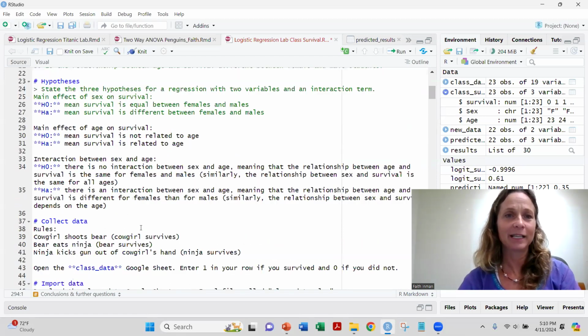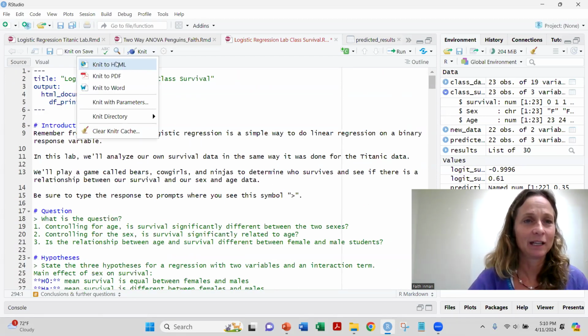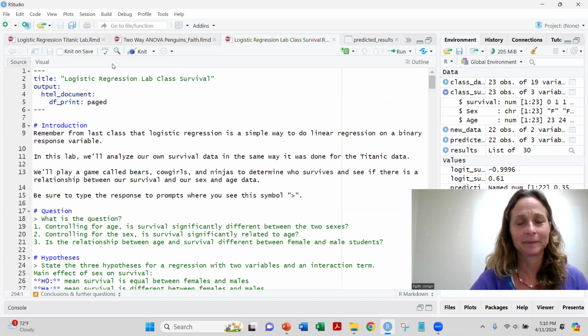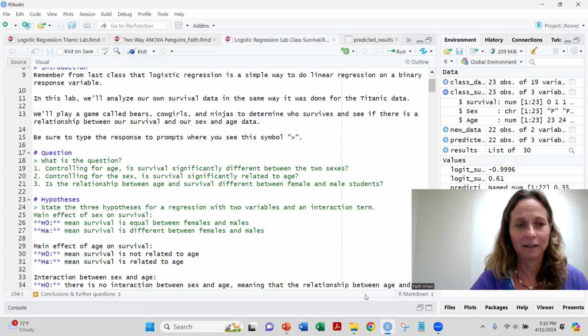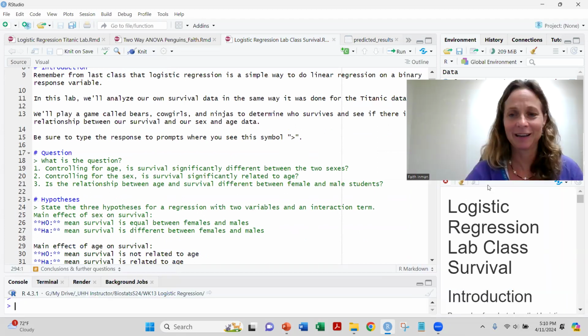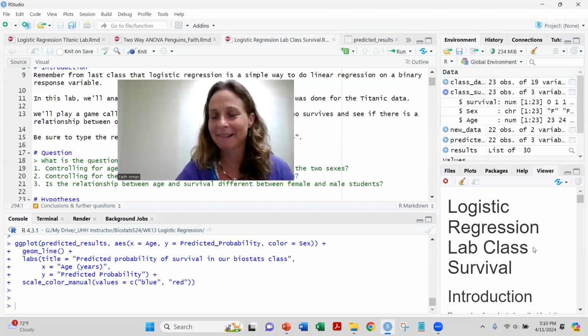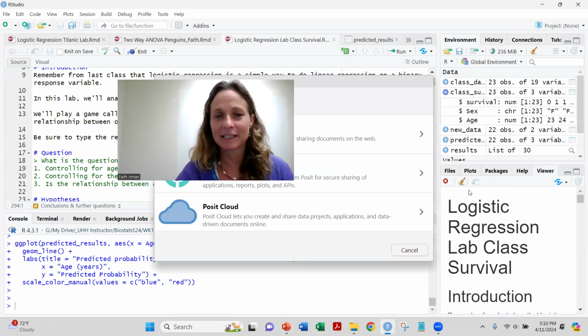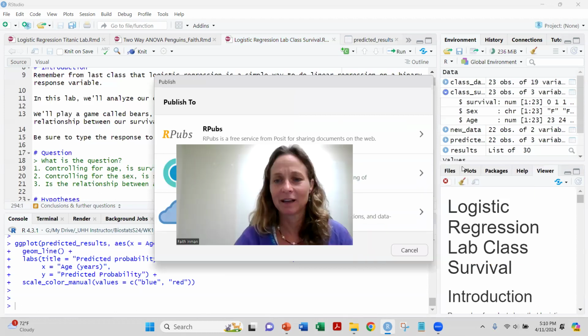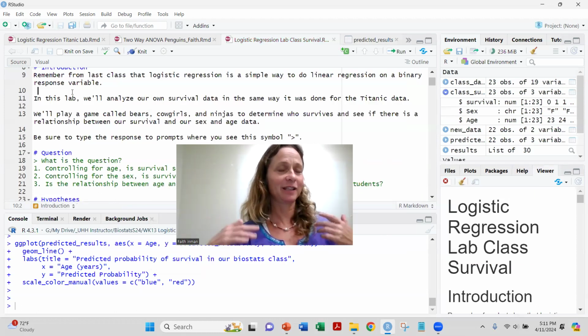All you have to do now is knit. So knit and submit, knit to HTML. And hopefully it'll do that for me without too much difficulty. Did it work? Did it work? Oh yeah, it came up over here though. It came up in the viewer over here. Hopefully that doesn't work like that for you. It'll work out and you can just go ahead and it'll knit to HTML and you can submit it to